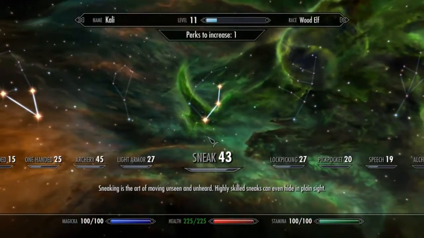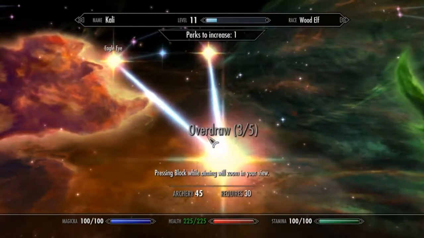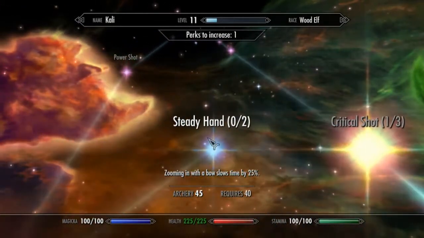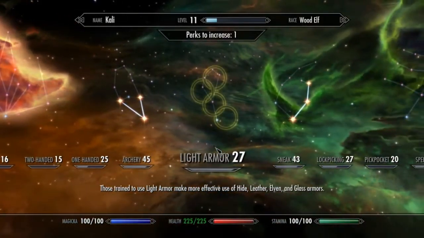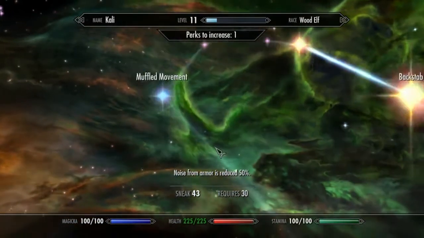Get the next sneak upgrade, or we could do steady hand, which zooming in slows time by 25%. That's kind of whatevs. I think I'll go for the